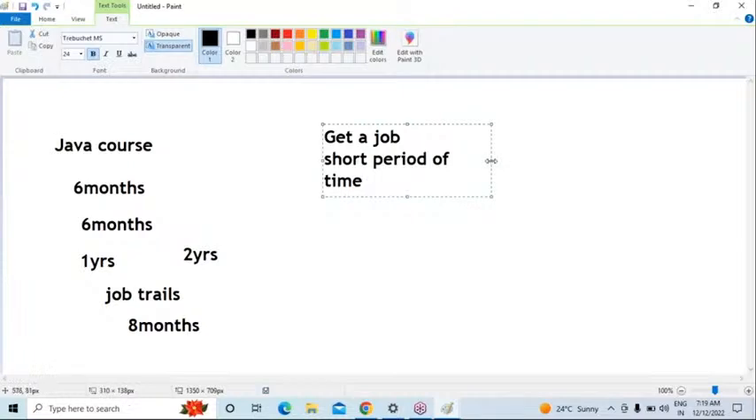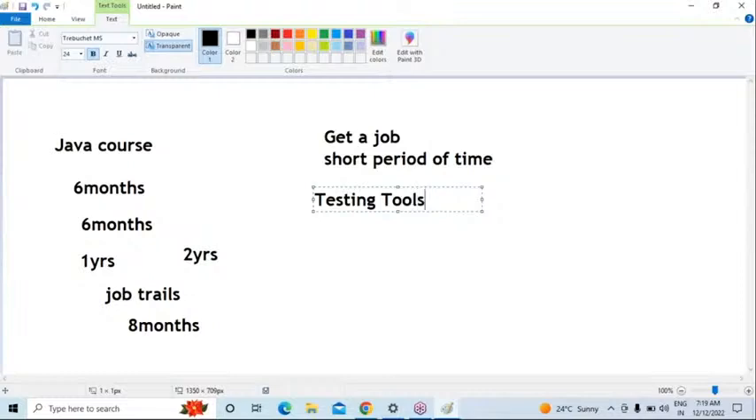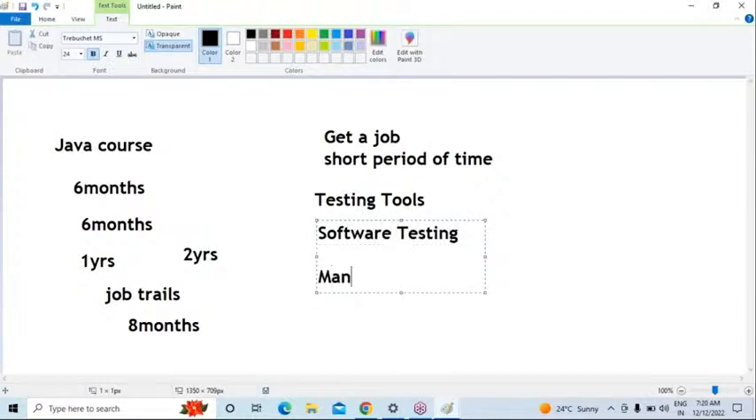Everyone's goal should be like that. We need to get a job within a short period of time. For that reason, most people are choosing this testing tool. Again, I already said that people call it software testing. In this software testing, we are discussing manual testing and